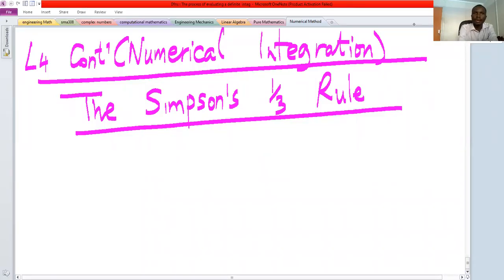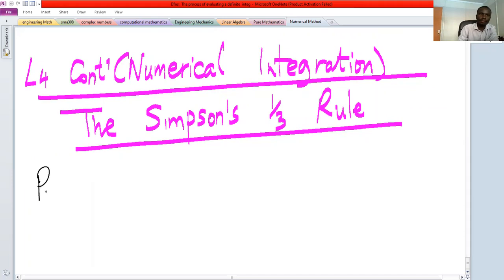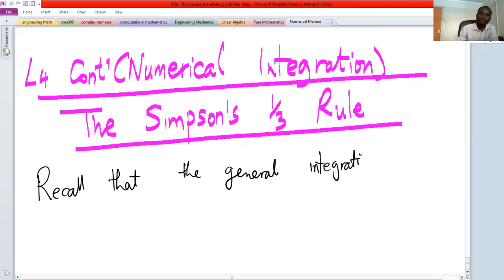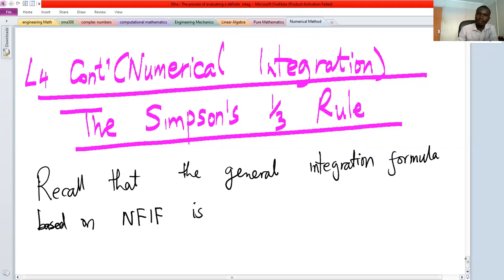Welcome to this session. In this session, we are going to derive Simpson's third rule for numerical integration. First, recall the general integration formula based on the Newton forward interpolation formula is